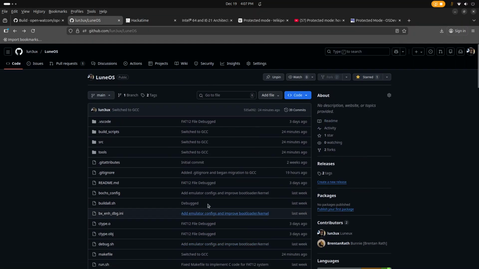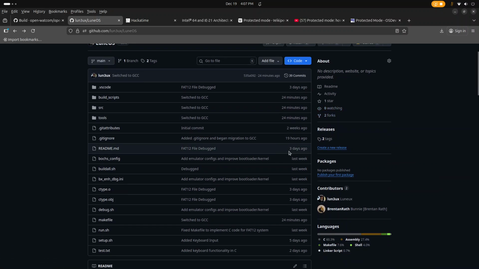Here's a GitHub repo for it. As you can see, I've been working on this project for a while. This is probably going to go up to 41 commits today once I finish the next couple steps. It has a couple of basic functionalities, like a multi-stage bootloader that's able to load FAT12 files, the FAT12 file system. No kernel yet, this is just a bootloader. Hopefully within the next couple of days, or maybe a week or two, I'm going to be able to implement the kernel in C or C++, either or.